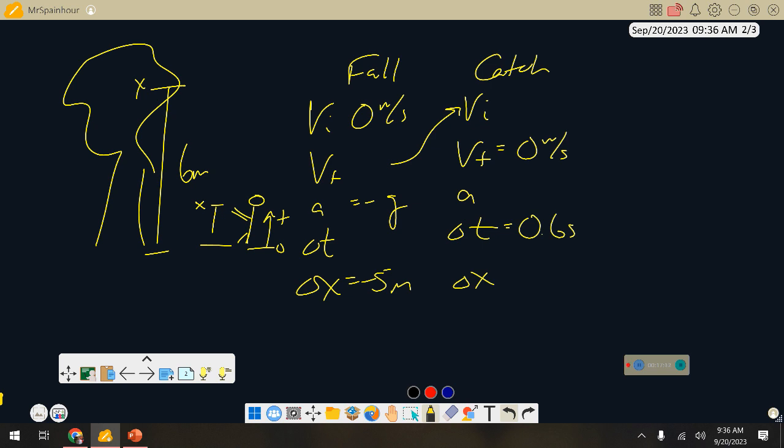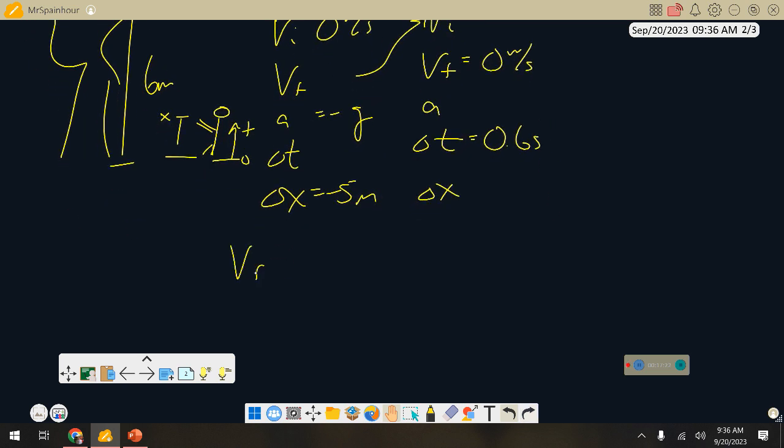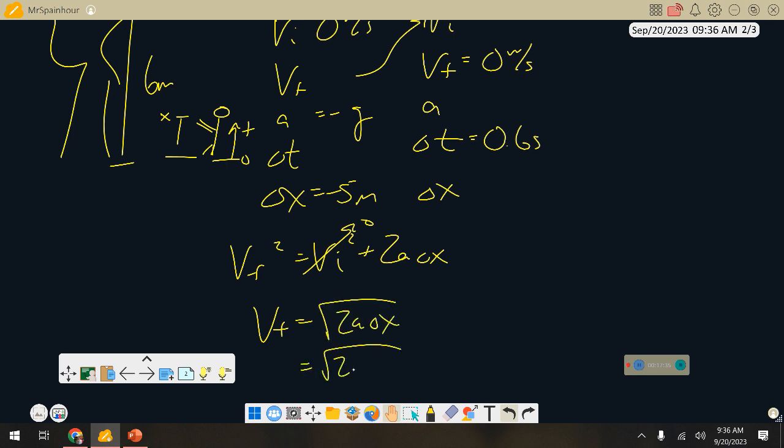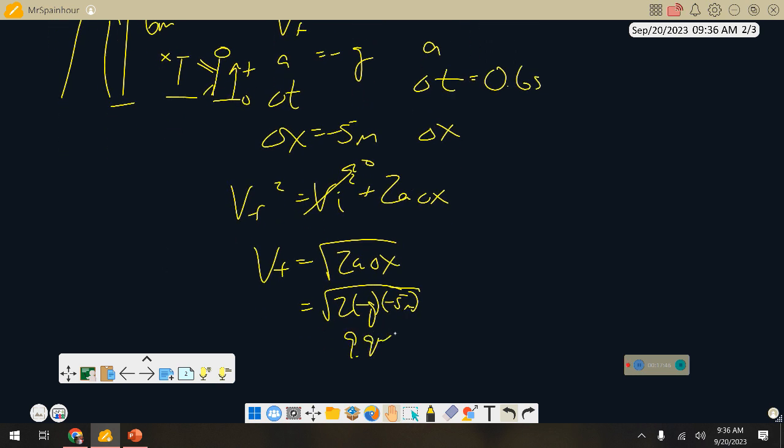All right. Velocity final squared equals velocity initial squared plus 2a delta x. Vi is 0. Velocity final equals the square root of 2a delta x, which should be the square root of 2 times negative g times negative 5 meters. And when you get done, your calculator will spit out 9.9 meters per second, but you should recognize that's wrong because